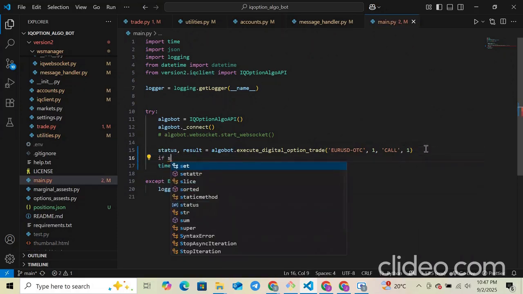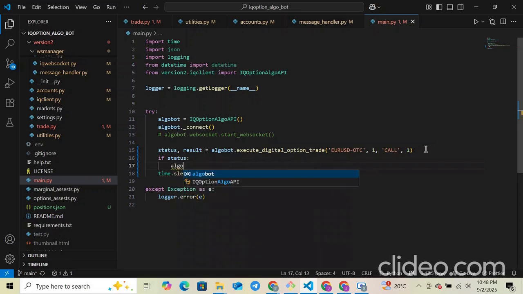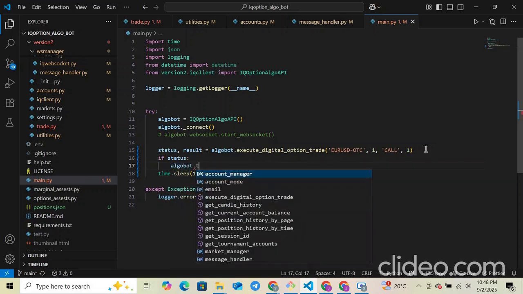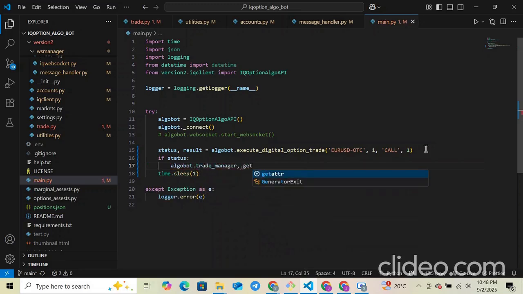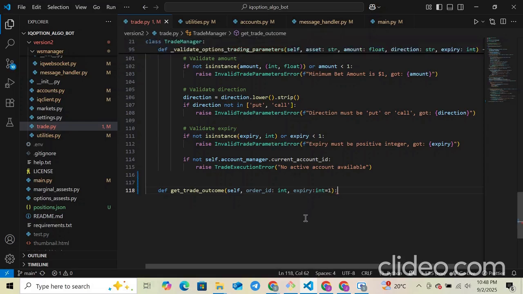Now if the order was successfully placed, if status, let's call this function: trade_manager.get_trade_outcome. Let's pass this result, which upon successful trade execution is an ID, and let's pass the expiry time. This expiry time needs to be the same as this expiry time. Let's get rid of this time.sleep, and here what we can do is actually,